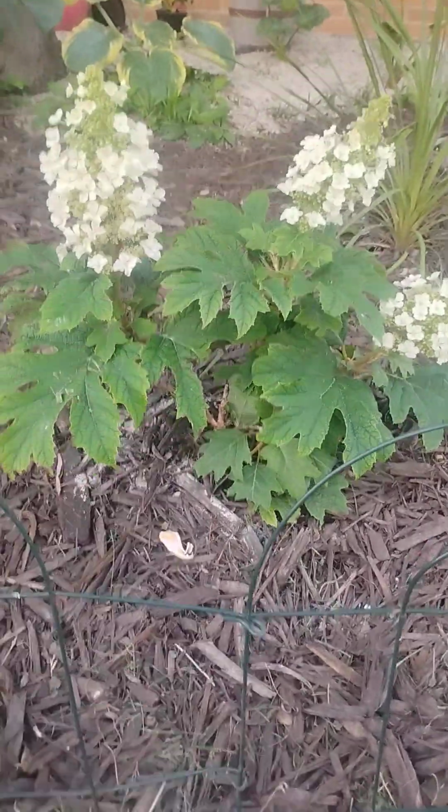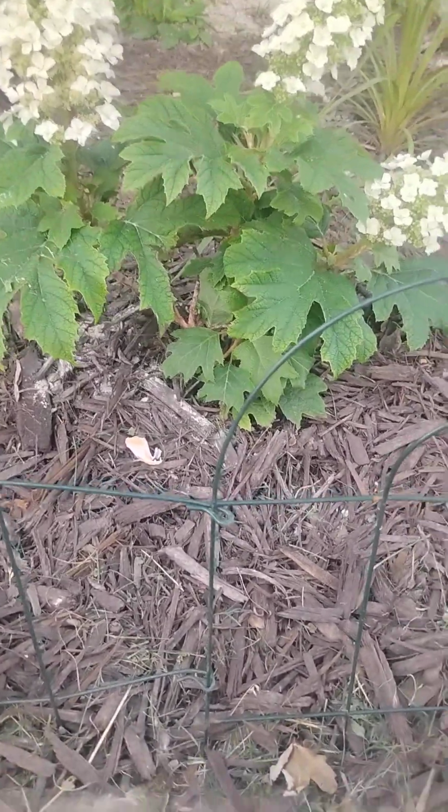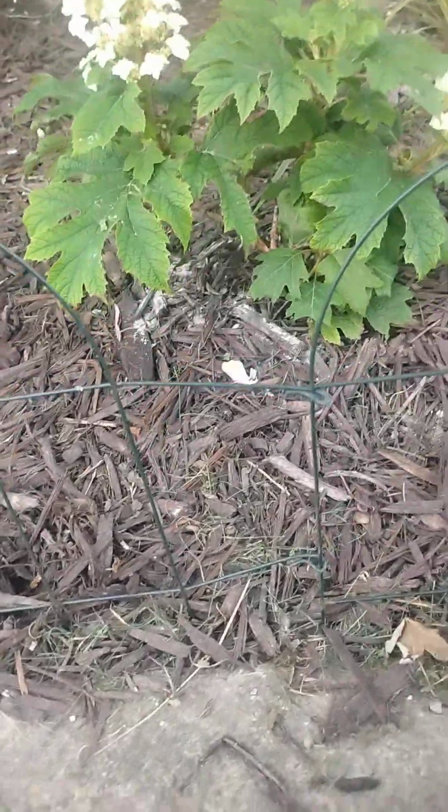So what is nice about this hydrangea? A squirrel dug right there. That's okay, though. I don't mind him digging around the mulch. Anyway, so what is